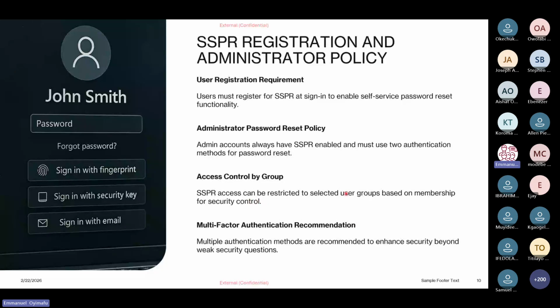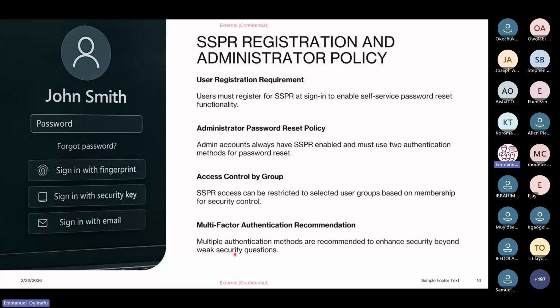So, multi-factor recommendation. Multi-factor authentication methods are recommended to enhance security beyond weak security questions. Sometimes these security questions could be compromised. Maybe the person may put, what is your best color? What is your best food? And maybe the person may know my best color or my best food. Maybe the person is my best friend.